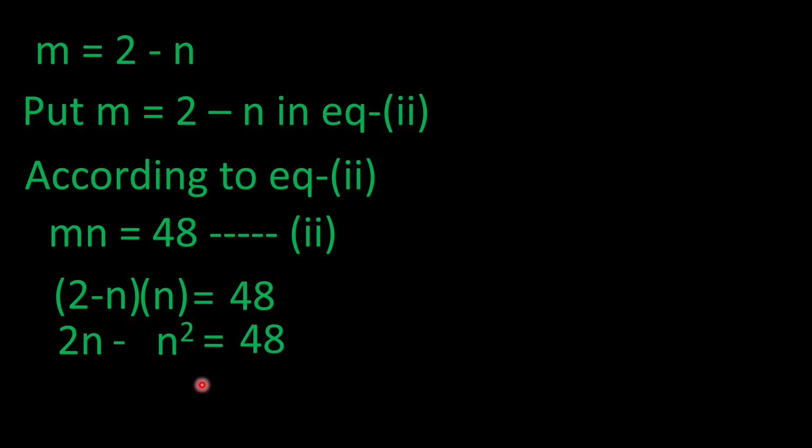And now in the next step we will shift these two values to the right side of the equation. So our equation will become n squared, because when we shift this minus n squared to the other side, this will become positive n squared. And then this 2 times n will become negative 2 times n, and then plus 48, and the equation will become equal to 0. So now we have this equation: n squared minus 2 times n plus 48